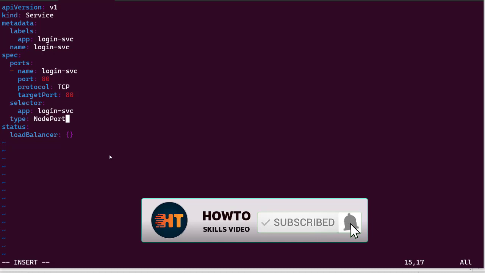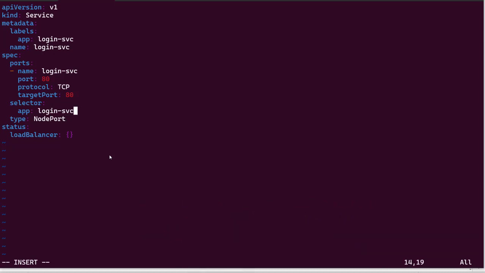You see the type is NodePort here. The important section is here, selector. In the selector, we define the label of the pod. When we define it here and run the service, it will go and find the pod and attach it to